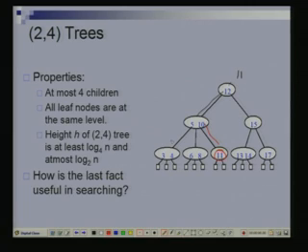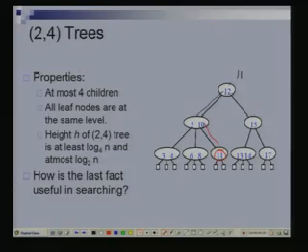So, how much time does it take for me to search in a 2-4 tree? Height of the tree. Is there something more that I need to do? It is order height of the tree, right? But I have to compare within each node. When I am searching for 11, I have to compare against the keys in a node.